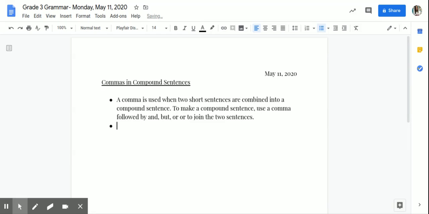A lot of you sometimes get confused and use the comma after the word and or but or. It always goes before. So an example might be, Raphael wanted the job. He did not get it. So if you had those two sentences and you wanted to put them together into one compound sentence, you would say,